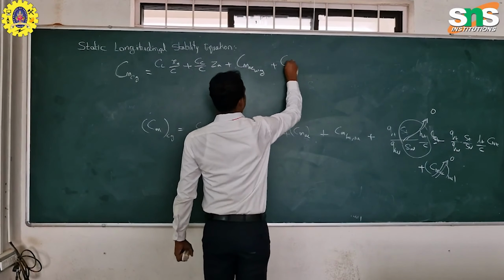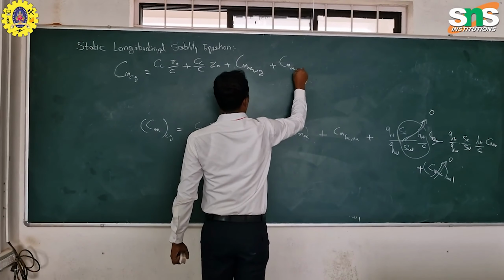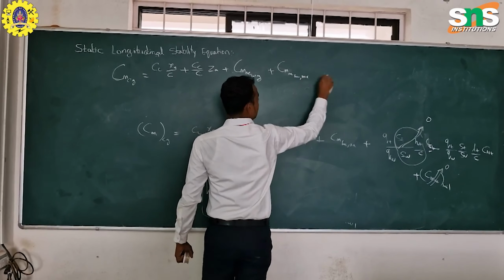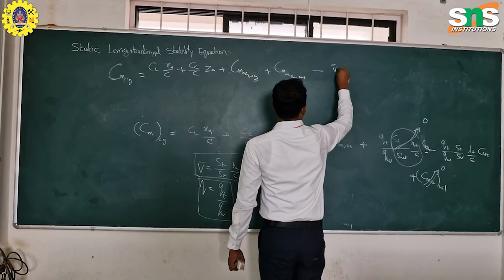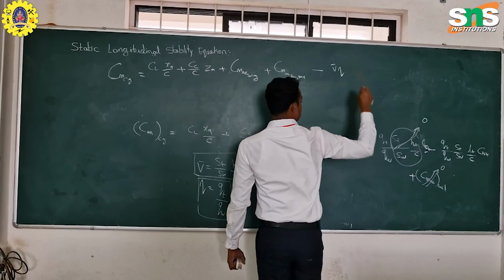Plus CM aerodynamic center fuselage and nacelle, and minus tail volume ratio, tail efficiency, and the coefficient of normal force of the tail. Right? This is the overall equation